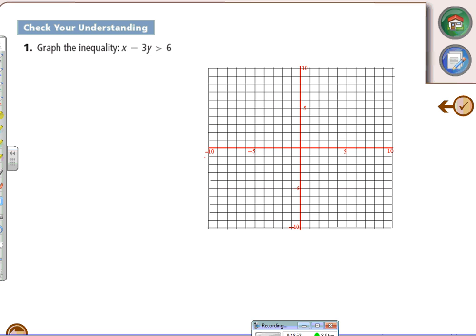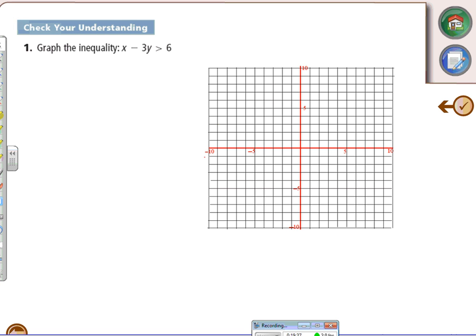All right. So first thing we want to do, we're going to isolate the y. We could use the intercepts to graph this. You could find your x-intercept, find your y-intercept, plot those two points, and do the line. And then at that point, you would pick a test case. Picking (0, 0) as your test case is the best thing. It's the easiest one to use. Multiplying by 0 gives you 0. It's nice and easy to use. So I'm going to show you a couple different ways of doing these. This first one,